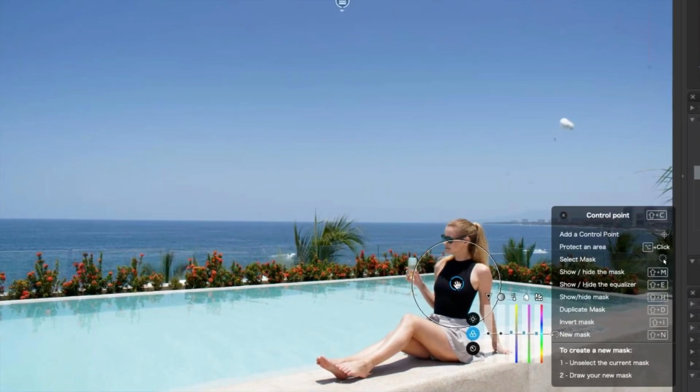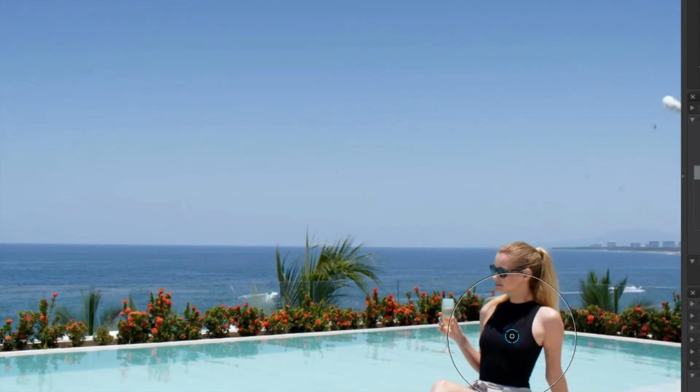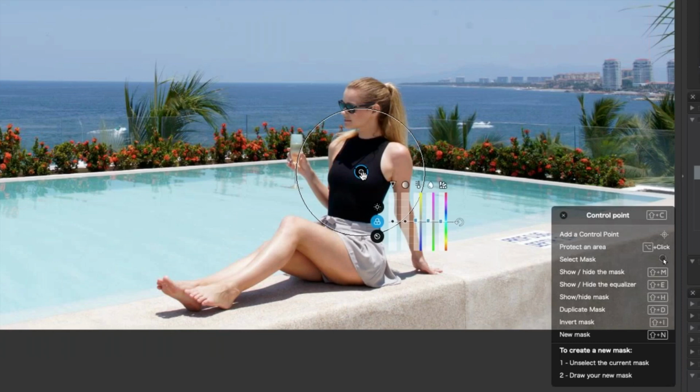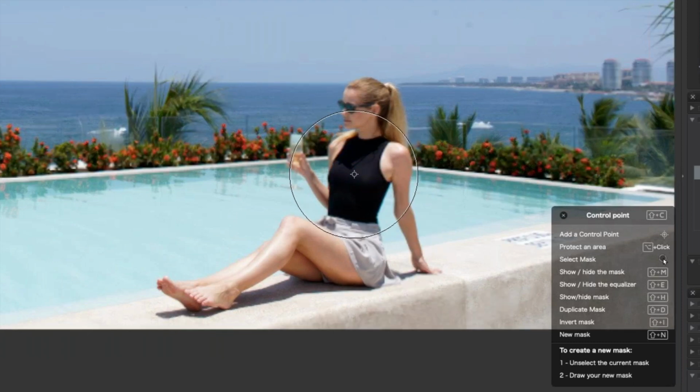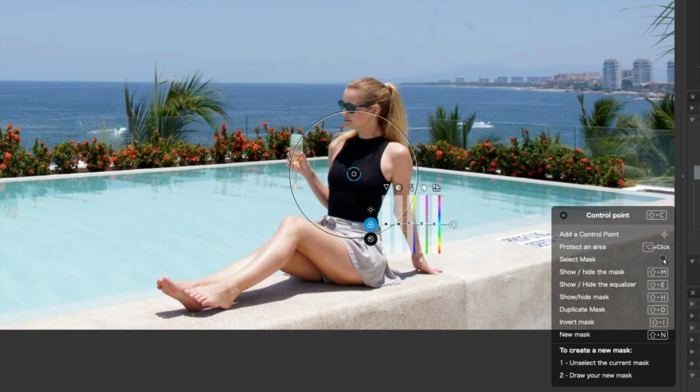There it is. And let me zoom in a little bit so you can see what's actually happening here. Move that there. And with a control point, what happens is control points are really cool. If you've used the Nik software that we also have, you may understand these. It's drawing a big circle, but it's only looking at the areas that are black in here, that have the same hue and luminance factor. So if I start working with the sliders, even though I have this pool and her hand out here,